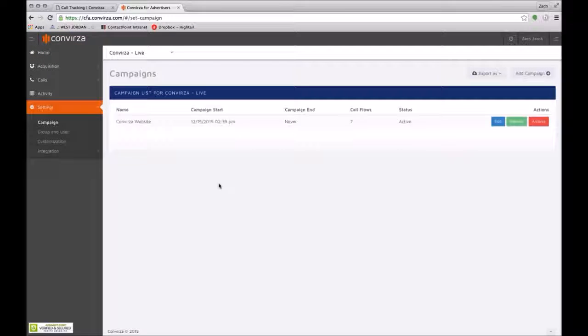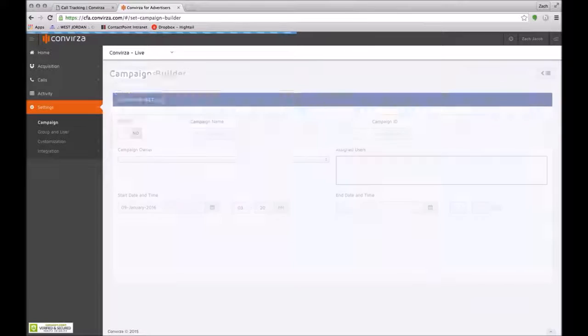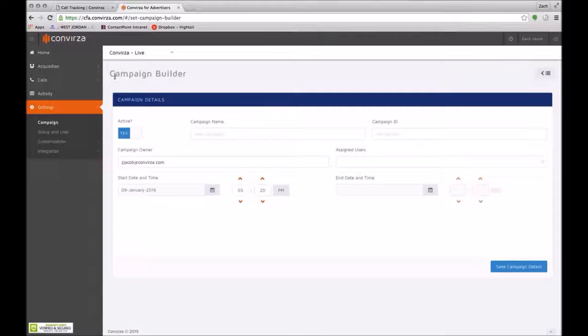This takes you to the campaigns list page, which again, when you first log in, will have 0 campaigns on here. So you're going to want to click on add a campaign right up here in the top right corner. Once you add a campaign, you get the campaign builder. Campaign Builder will allow you to name your campaign,